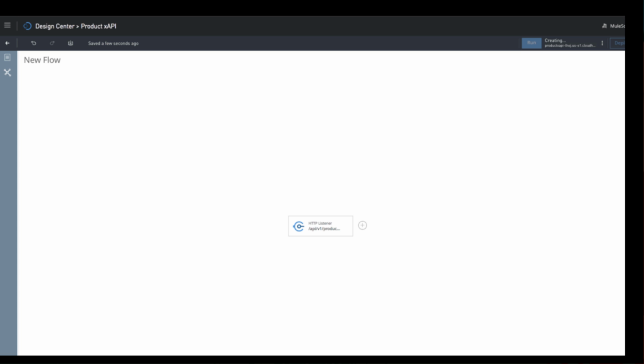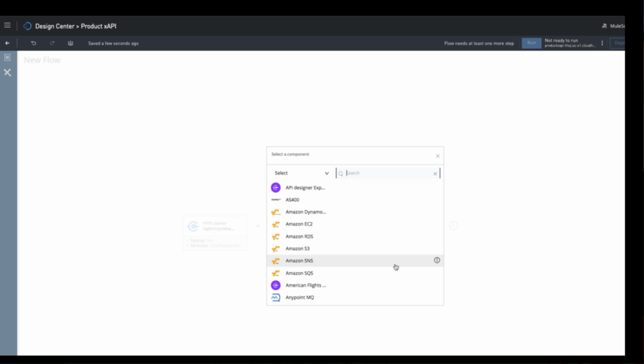So this is Flow Designer. And in Flow Designer, you basically have these cards that you're adding onto the canvas. So we can go ahead and add another card to this canvas. Let's say in this scenario, it'll be one of the data sources for what we're creating, this product experience API that has not only product information, but reviews and also who's providing those reviews, all coming from different